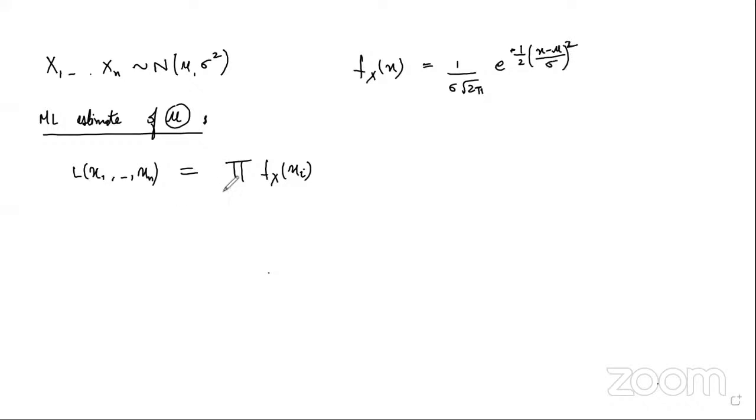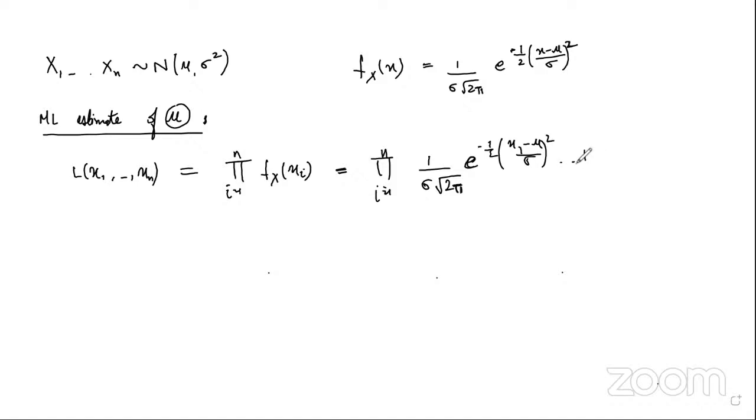So we take the product with i varying from 1 to n: 1 upon sigma under root 2 pi, e to the power minus 1 by 2 (x1 minus mu upon sigma) whole square,